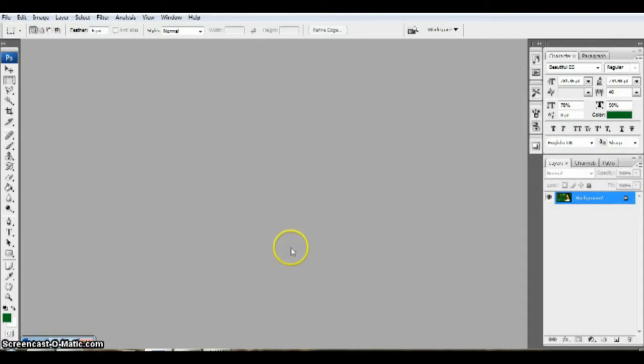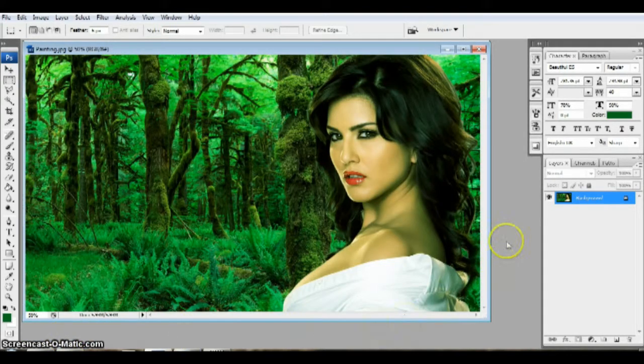Hi guys, so today I'll be telling you how to give a painting-like effect to a normal digital picture. First of all, you have to select a picture. So we have here a picture of a beautiful woman standing in a jungle.